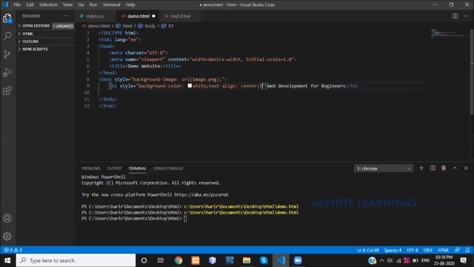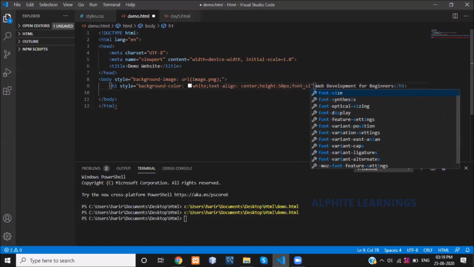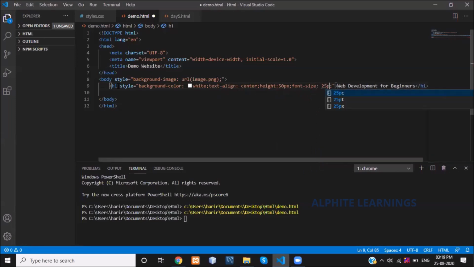Height, let's see how this height replicates there. I'm giving 50 pixels. Next, font size. I'm giving a font size for my heading as 25 pixels.